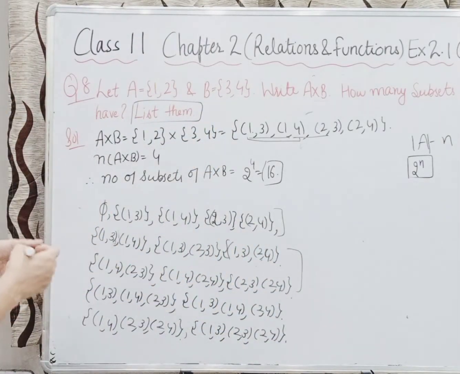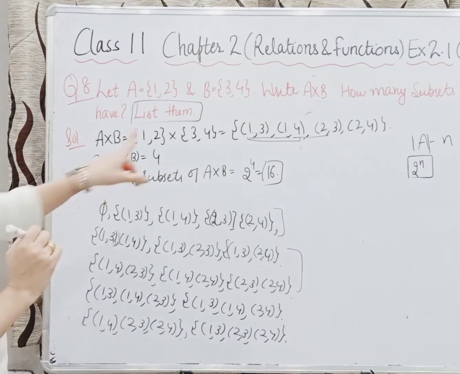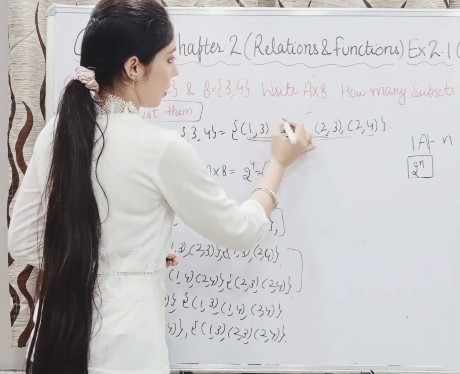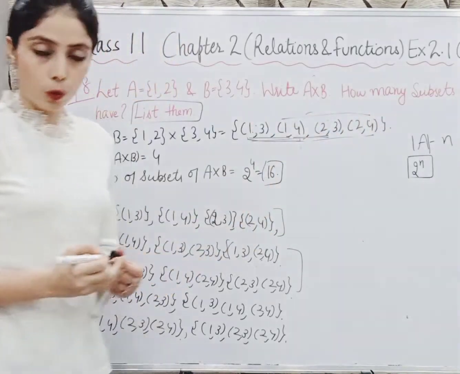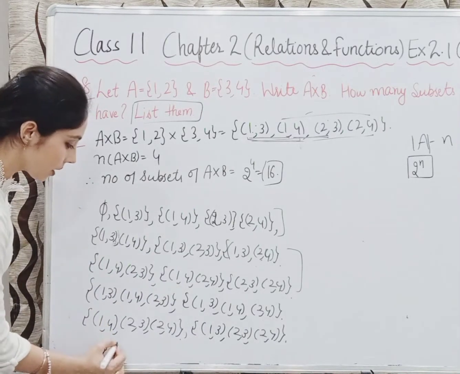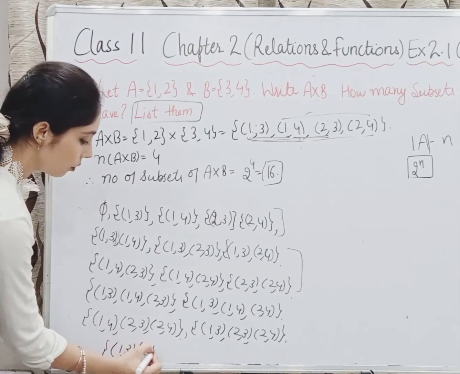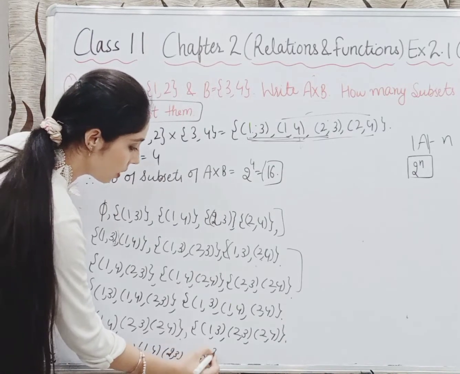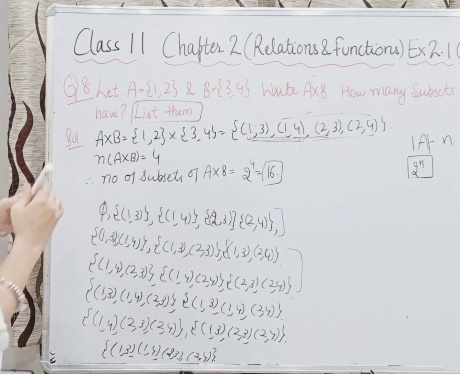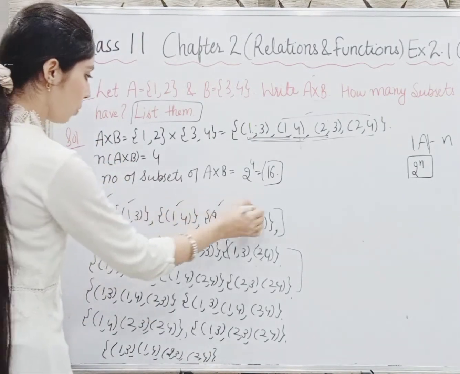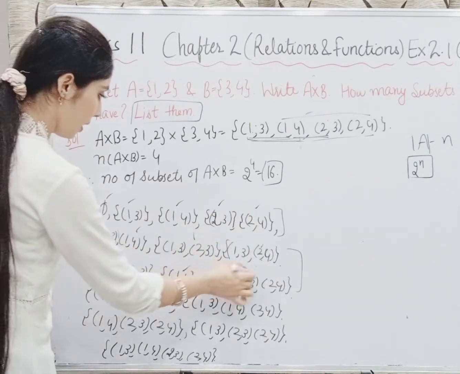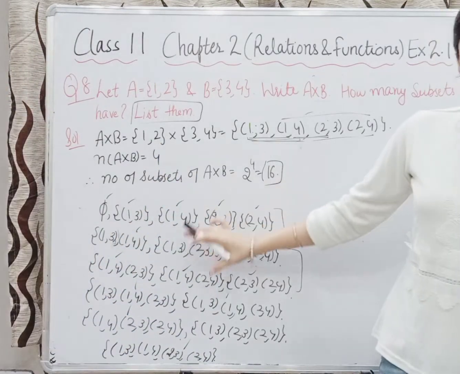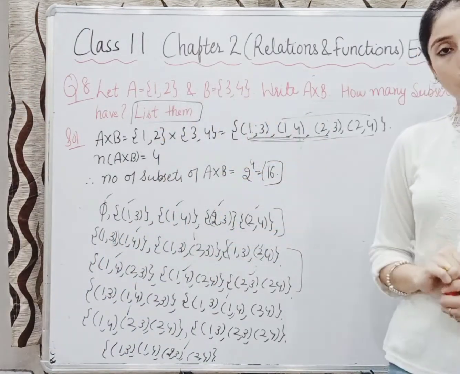Okay. So is there any other condition pending? We are taking these 3, after that these 3, after that last 3 and first, third and fourth. Okay. So last will be 4 at a time. 1, 3, 1, 4, 2, 3 and 2, 4. Okay. So let's check. These are 1, 2, 3, 4, 5, 6, 7, 8, 9, 10, 11, 12, 13, 14, 15 and 16. These are the 16 subsets of A cross B.